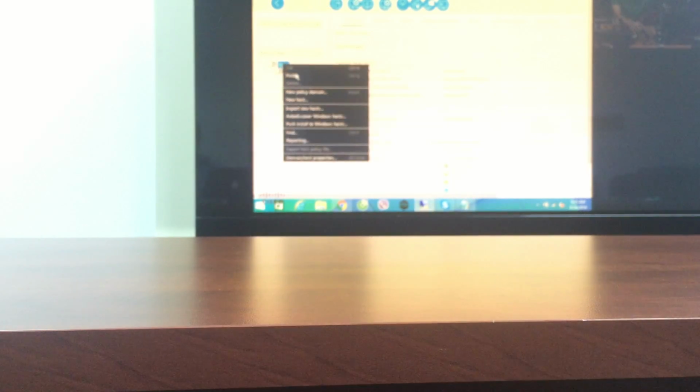So the first thing to see is this root policy domain. Do not edit it. When you have a company, for example, company A, always create the policy domain under it. So, for example, it can be, let's say, whole.